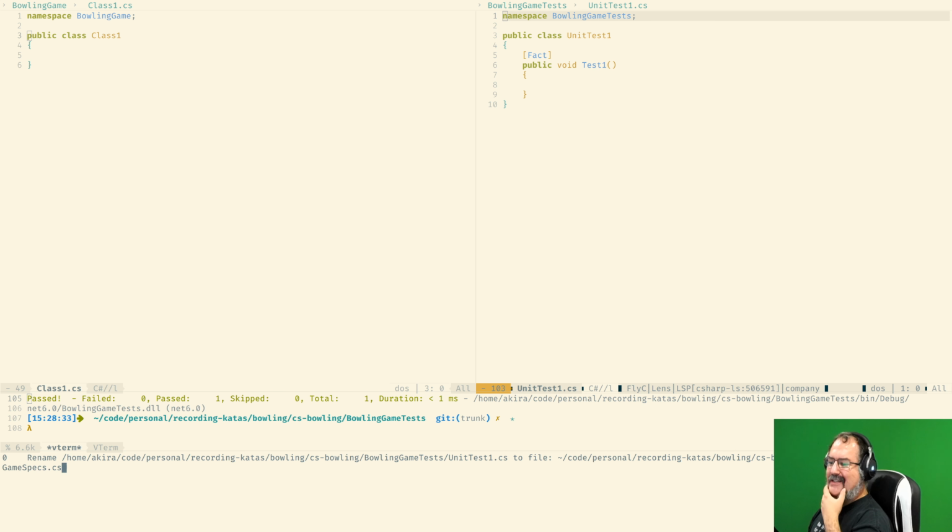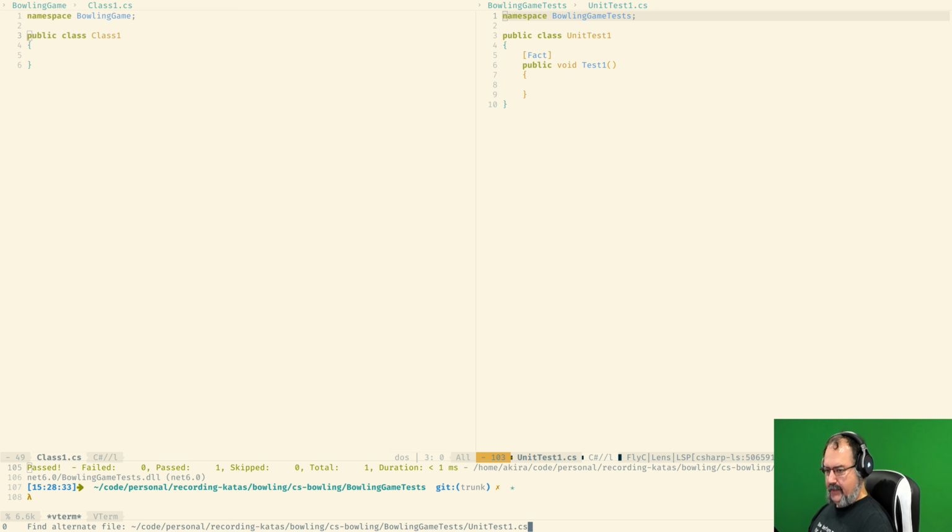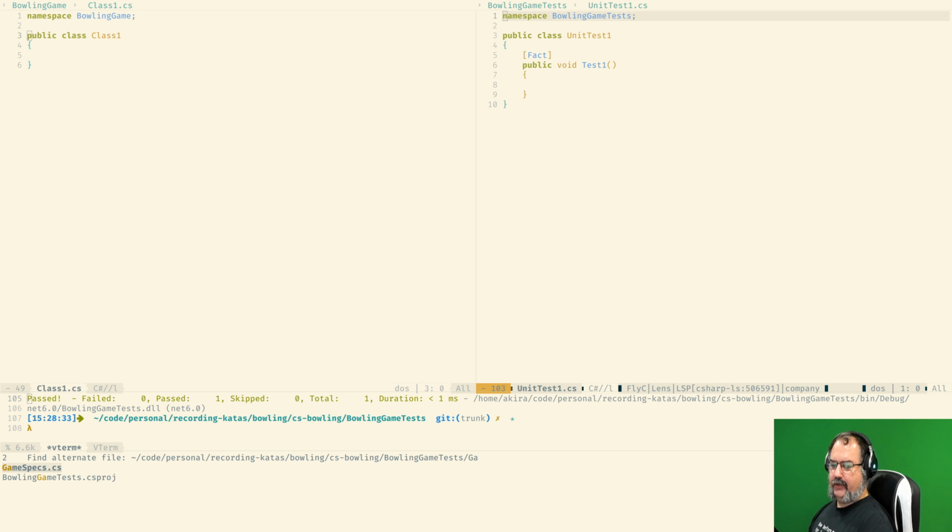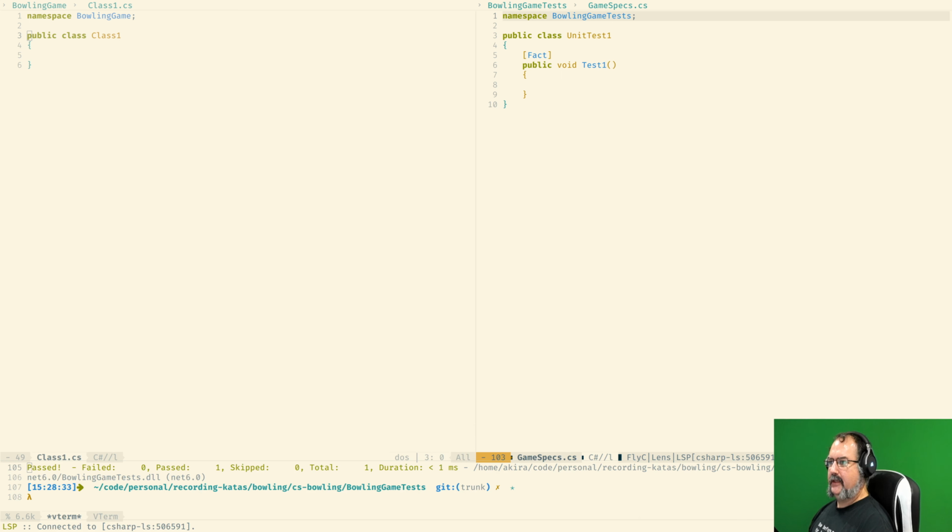In this specific case, I'm not following some of the niceties of BDD, mostly because what I'm doing right now doesn't need the whole Gherkin language and whatnot. Okay, so we want to make sure that's the one we are working on. Game specs has changed the name correctly. It's not being used anywhere, so I can just rename it over here.